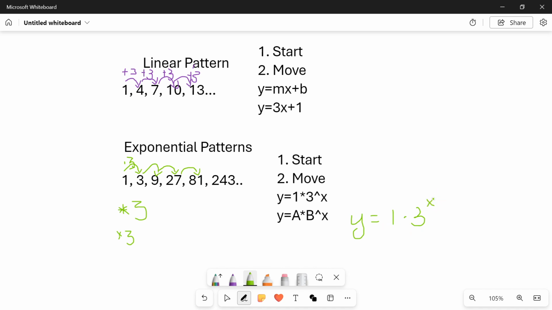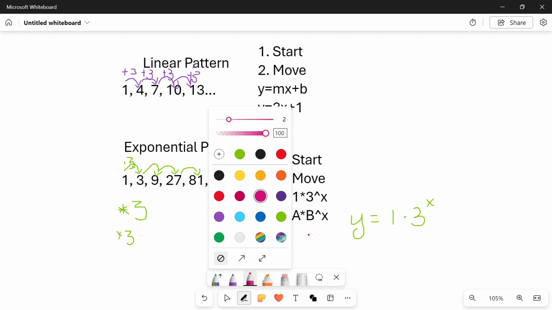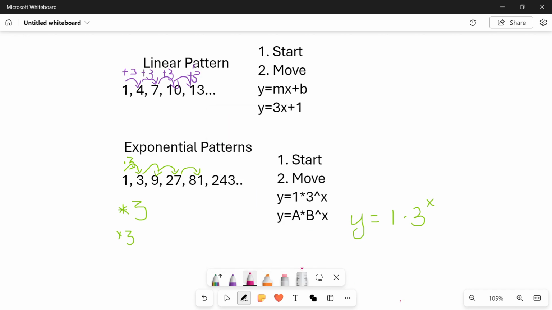Notice I just put the exponent up here high. So if I were writing, let's say, this pattern, it would be y equals a times b